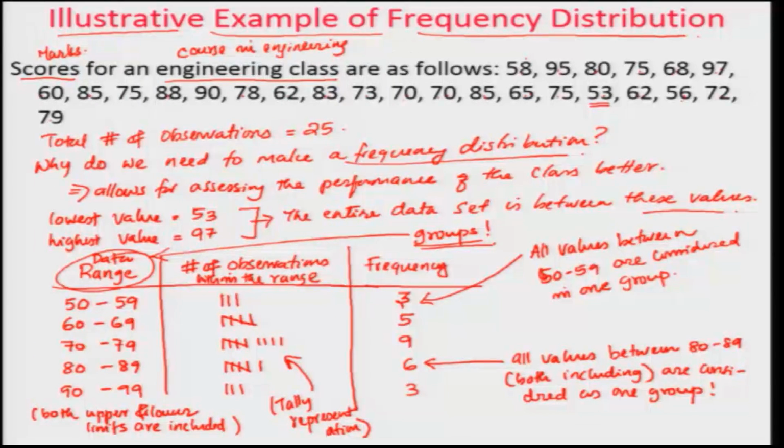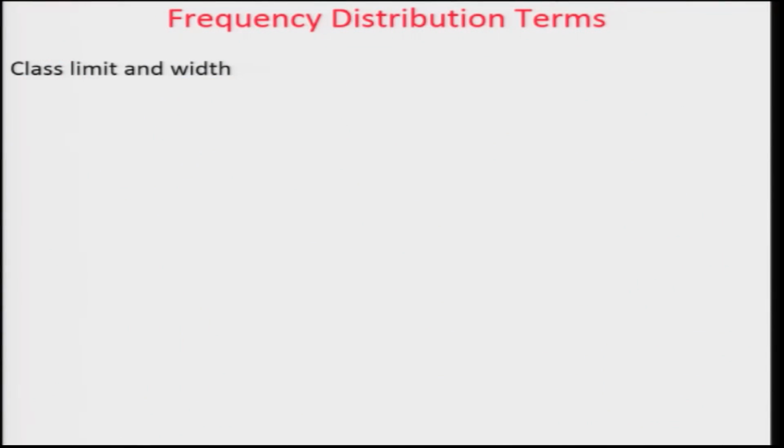Sometimes there are technical terms used for these groups, and we need to understand the terms and go forward with that. These groups are also called classes. Classes is the right term for groups. Groups is the colloquial usage, but it is also called classes. When we talk about frequency distribution, we are going to talk about the classes. So, let us look into the details of the classes now.